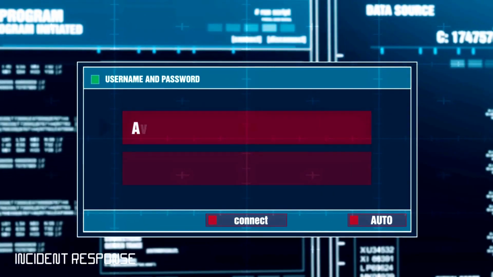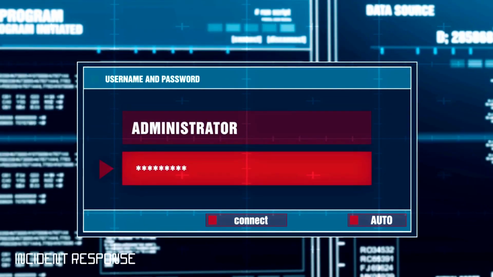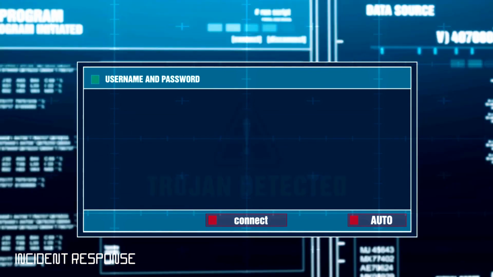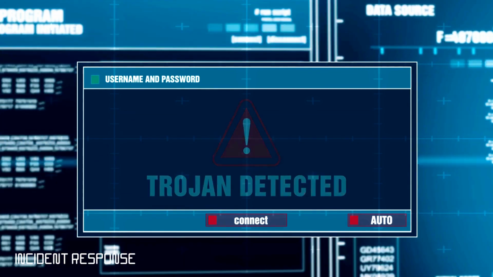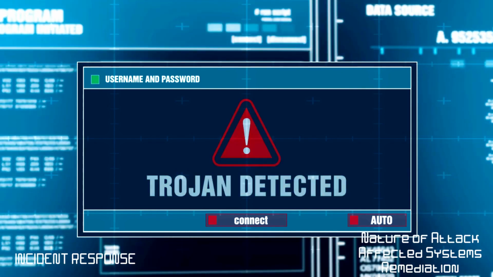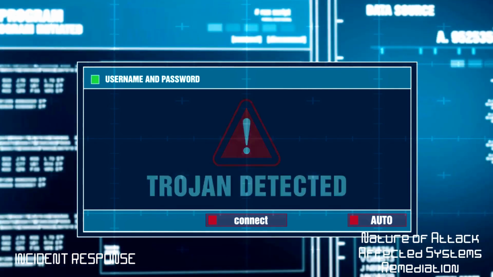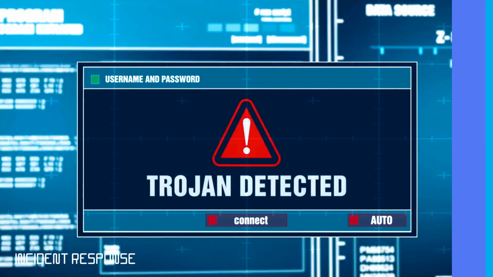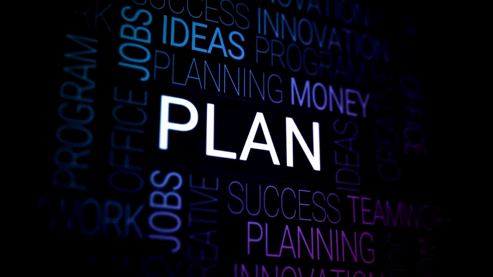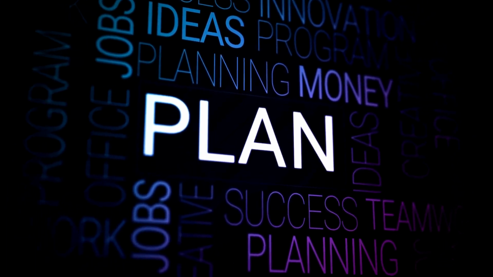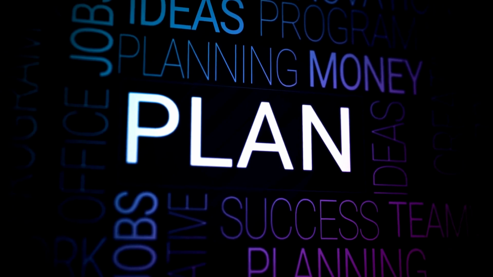D. Incident response. In the event of a cyber attack, technical threat intelligence plays a crucial role in enabling security teams to quickly understand the nature of the attack, identify the affected systems, and implement appropriate remediation measures. By analyzing the technical details of the attack, incident responders can develop a tailored response plan to minimize the impact